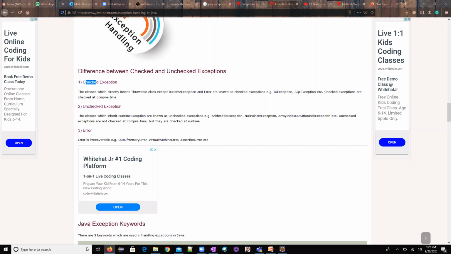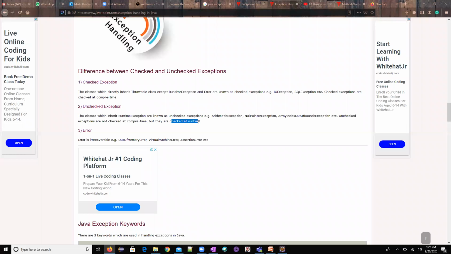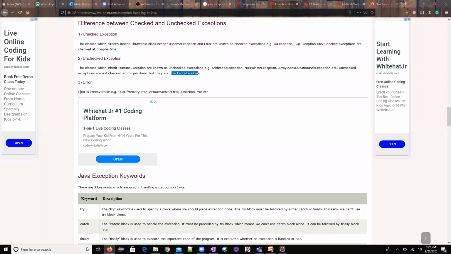Just simple: checked exceptions are compile time exceptions, unchecked exceptions are runtime exceptions. And I already told you that errors are irrecoverable, like out of memory error, virtual machine error. You can't handle them at all. You need to stop the program.